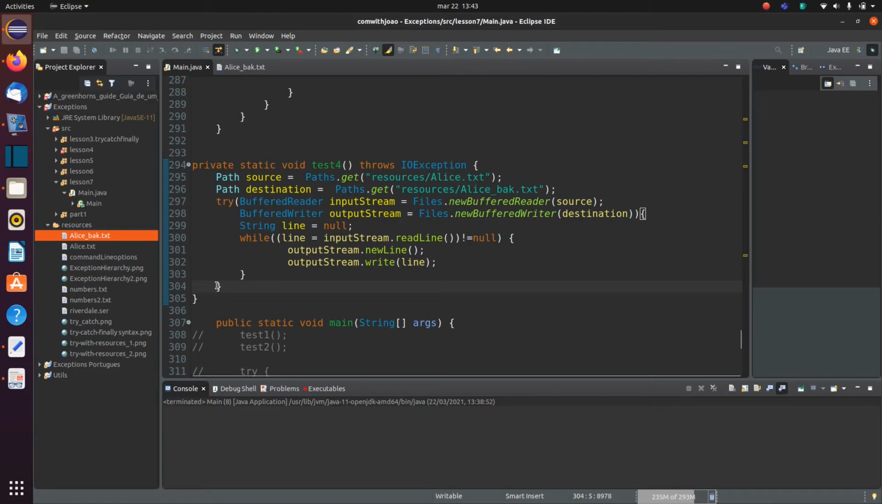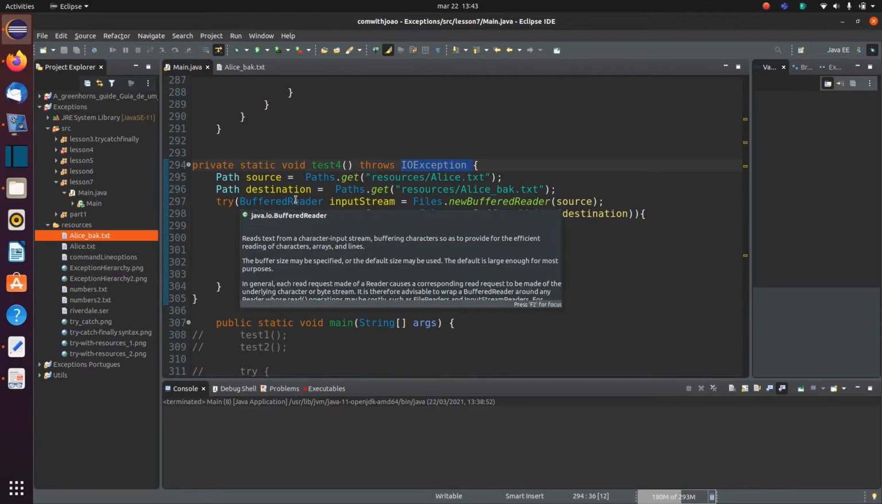Now the close method is called automatically when it comes to the end, and the close method could throw an IO exception, and that's why I'm saying that I'm declaring to throw it here, otherwise I would have to have a catch here. Now I just want to show you, if I go to my buffered reader